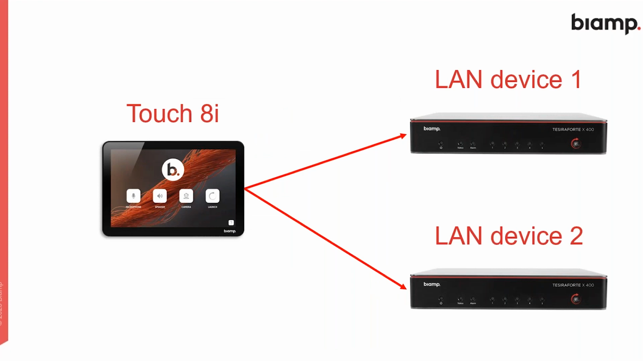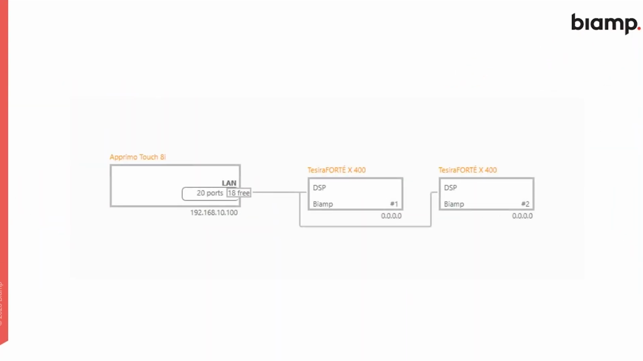Then a simple one, the Touch 8i controlling 2 LAN devices here. Of course, it can go up to 20, but just to keep it simple, we have that here. Now, if we have a Touch 8i, but we want to control 1 LAN device, so that's how that appears